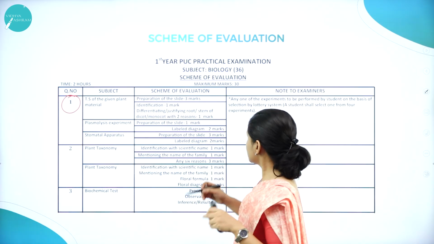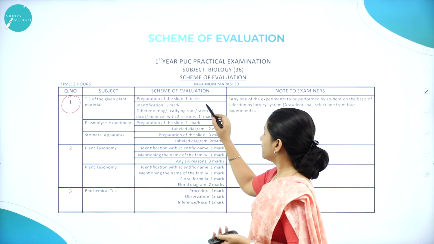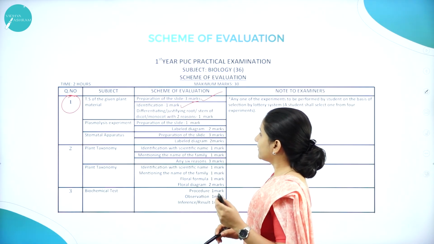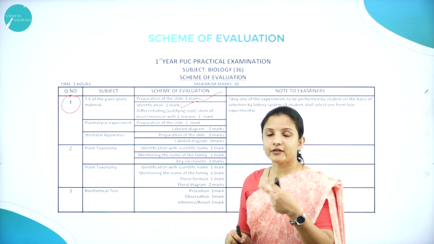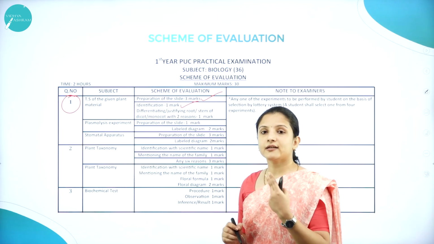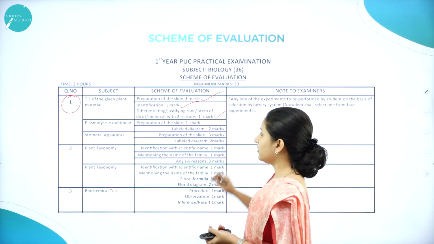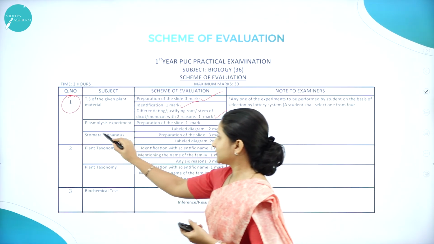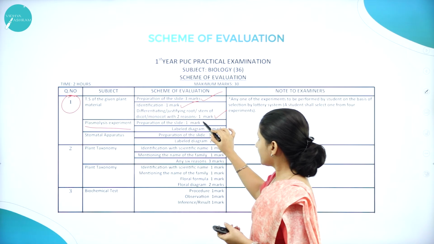If that is the case, then preparation of the slide will fetch you 3 marks, identification will give you 1 mark, and then writing 2 reasons why you think that material is so and so. Writing 2 reasons will fetch you 1 mark. For question number 1, if you have got the plasmolysis experiment, then preparation of the slide is 1